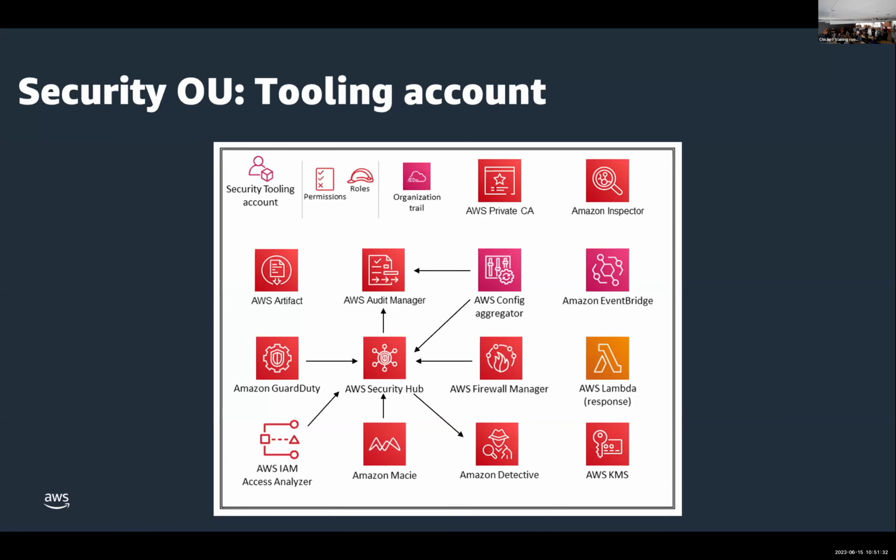The same applies for Amazon Macie, which is meant to be a data classification service and can help you to detect any sensitive information that you might have running in your S3 buckets. And I can imagine that there are some very strict compliance requirements when it comes to HIPAA or GDPR in Europe, for example, where you really shouldn't be storing any sensitive information in your S3 buckets. That's where this service can help you,